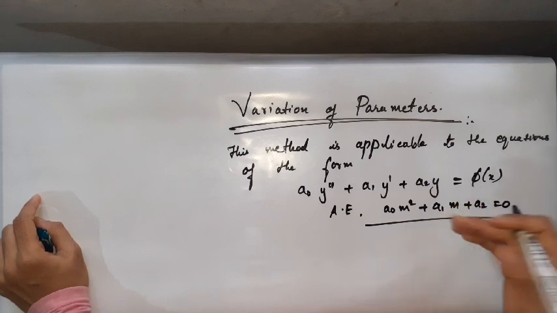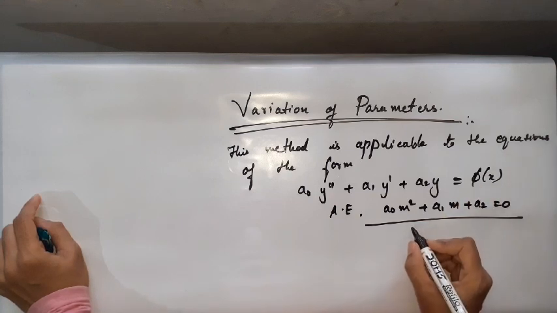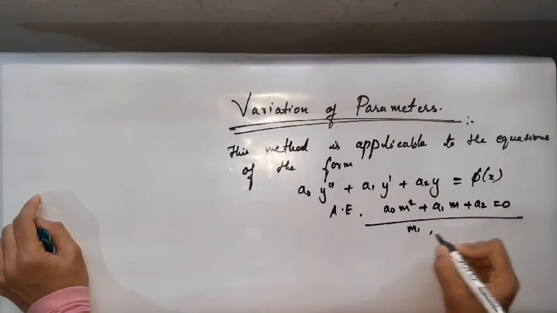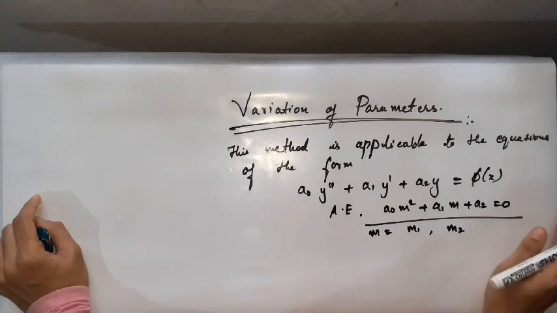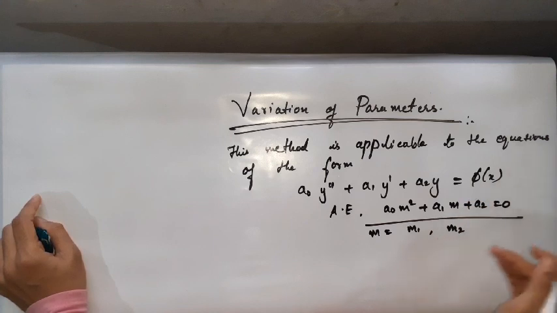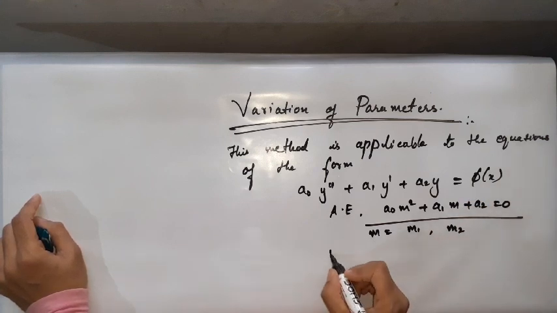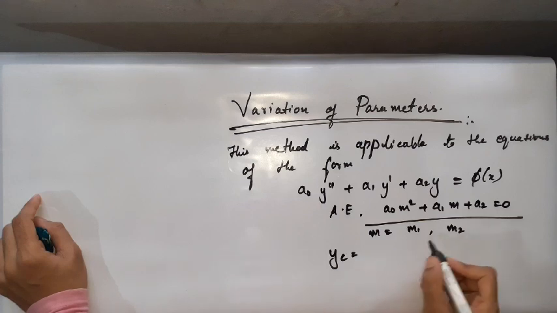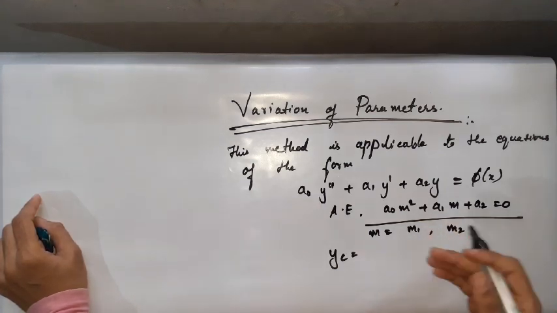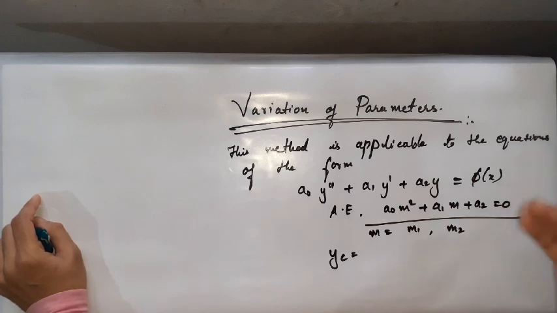So roots can be real. Yes, you may have 2 roots, right? So say it is m1 and say it is m2. Okay, m is taking certain values, say m1 and m2. So after getting this m1 and m2, what you do? You go for writing the complementary function yc, and that yc you write it as, depending on the roots, if they are real, you write using 2 constants with the exponential terms.